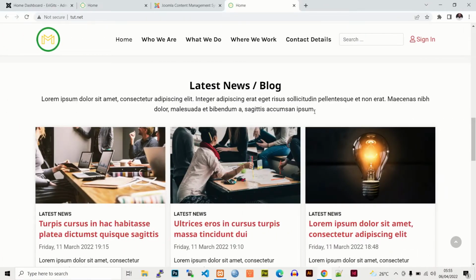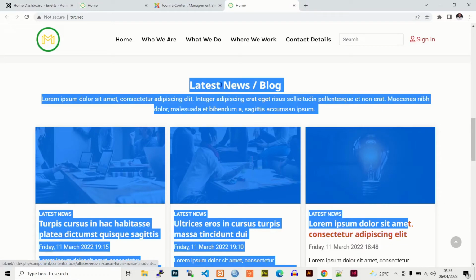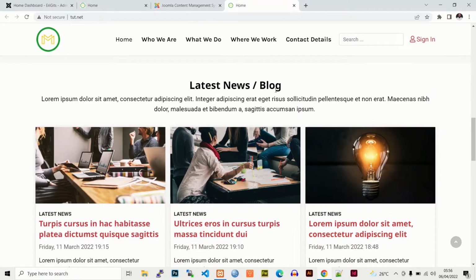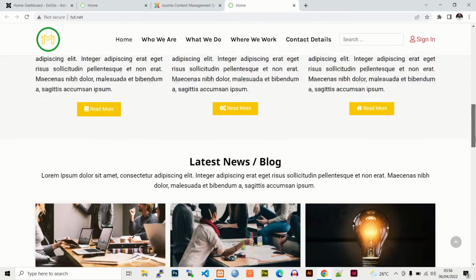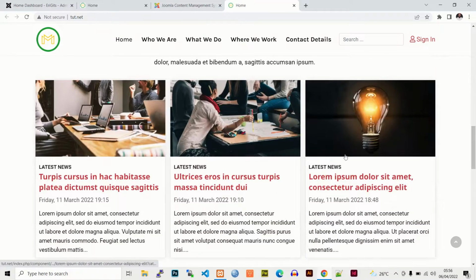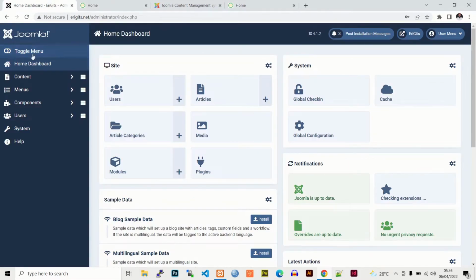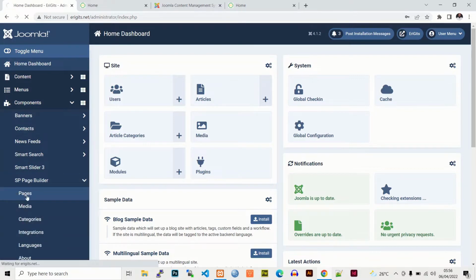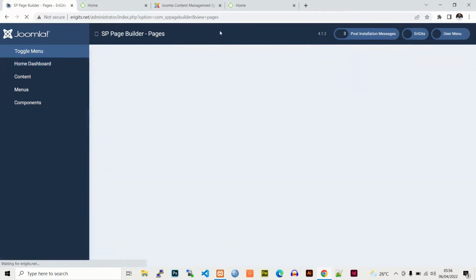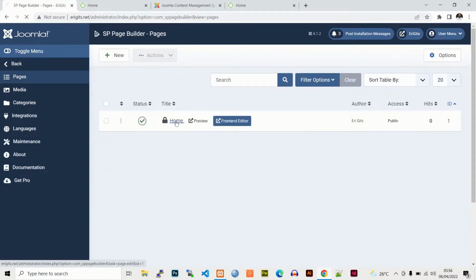Hi, in this video we now add this section, the latest news or the blog section. Let's go ahead and add this part. So we go again to the components, and then we go to SP page builder, then we go to pages, go to a home page,